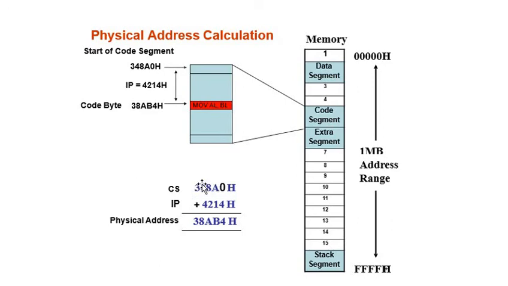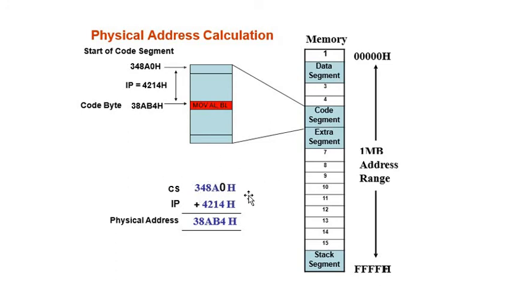For physical address calculation, the segment register content has its lower byte added with 0, that is, it will be multiplied by 10, so it is converted to 5 digits. So 348A is the value available in the code segment register. It is multiplied by 10 and converted to 20 bits now, 348A0. This 5 digit value is converted in terms